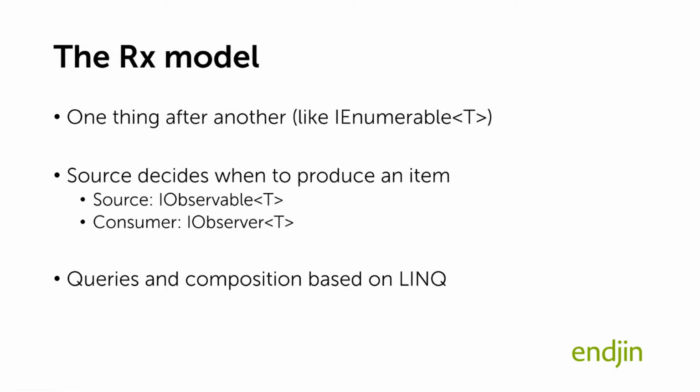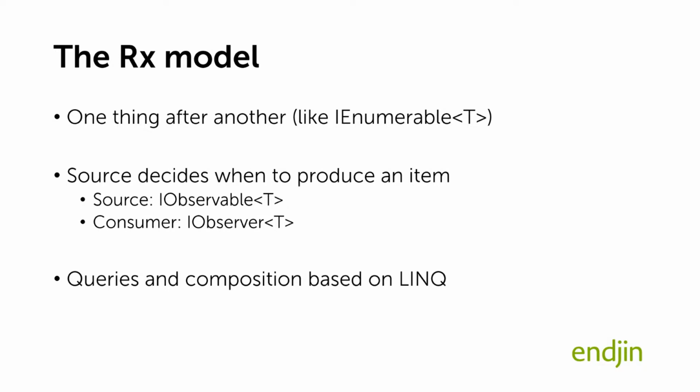So the first thing to get to grips with, before I talk about what Reactor is like and what sorts of things we can do with it, is the underlying model. If you're already familiar with RX, the reactive extensions for .NET, then this will be a revision, but just in case you're not, the basic model presented by RX is really very simple. It's one thing after another. So it's a sequence of things.